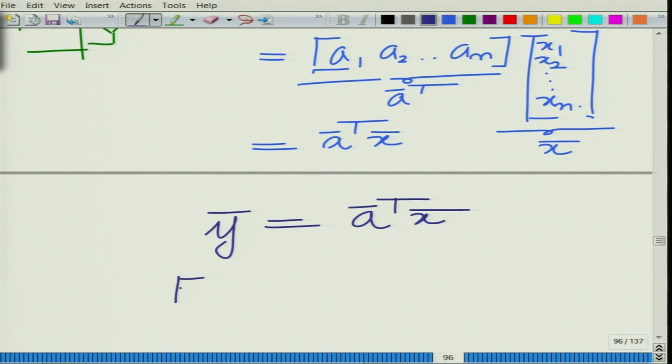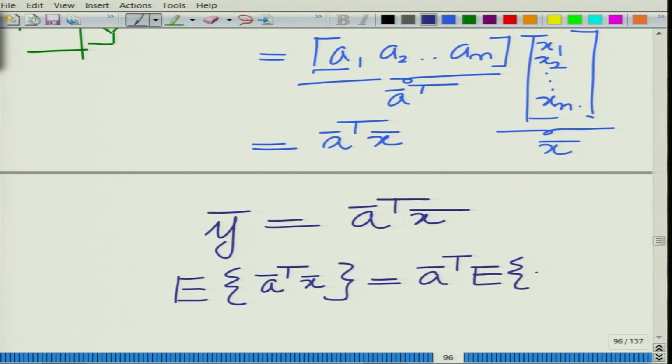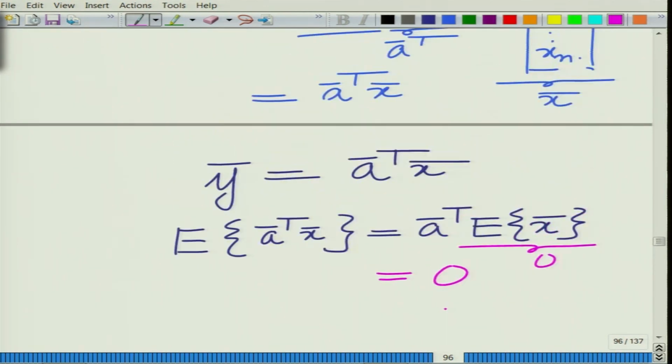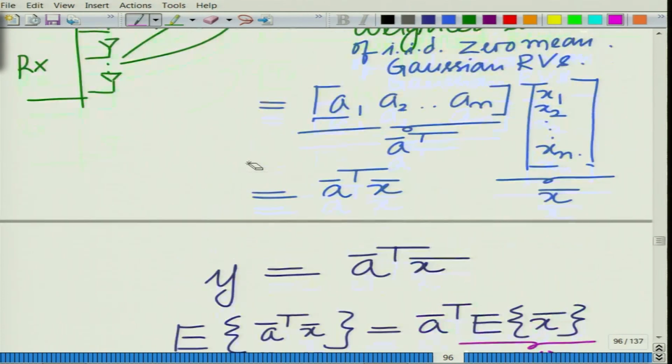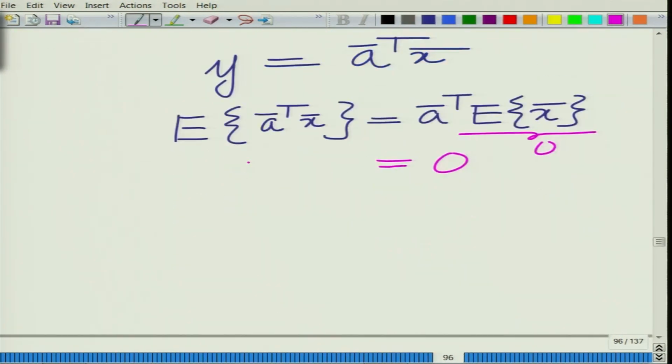Therefore, if we look at the expected value of a bar transpose x bar, that is a bar transpose times the expected value of x bar, but we have said these are zero mean, so this is simply 0. I am sorry, this is simply y, not y bar, it is a scalar quantity, y equals a bar transpose x bar. So the expected value of y is 0, and the expected value of y square, that is the variance of y, if you look at this,